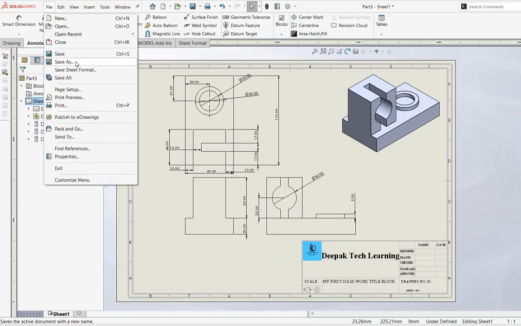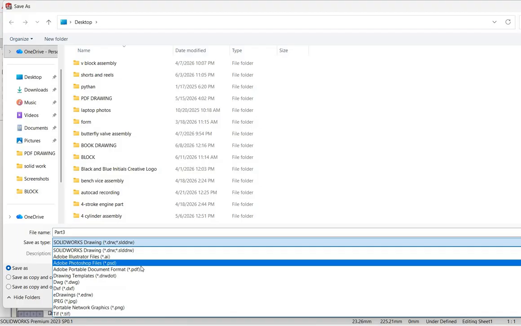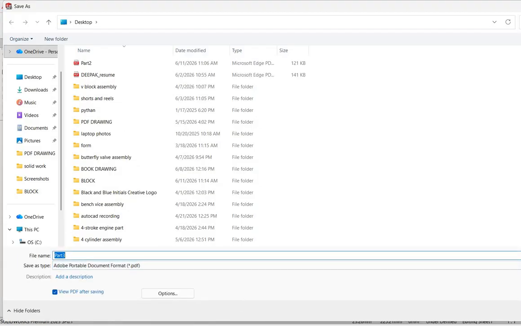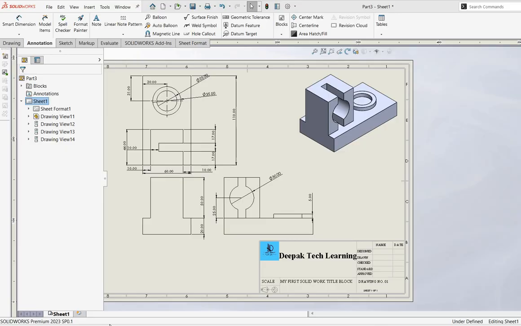file and save the drawing. Save as type में आप चूज कीजिए यहाँ पे Adobe Portable Document Format PDF and then save it. तो ये PDF जनरेट कर देगा and print it. ओके,